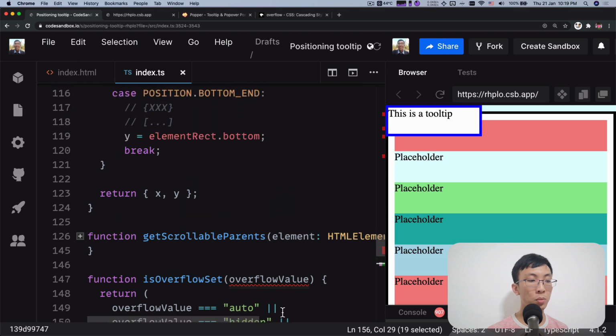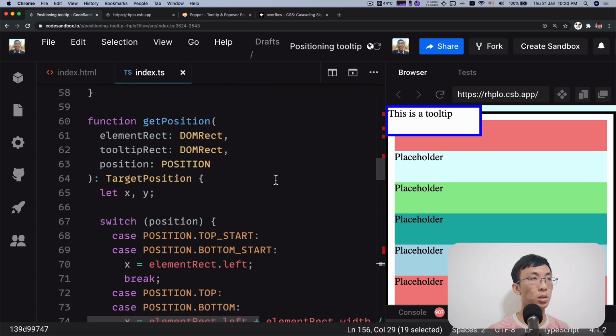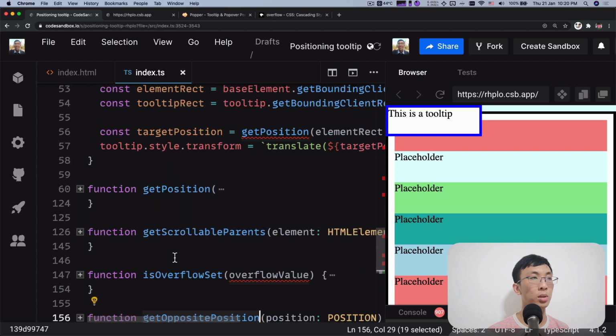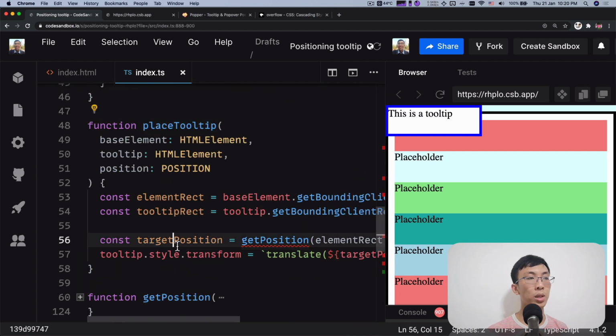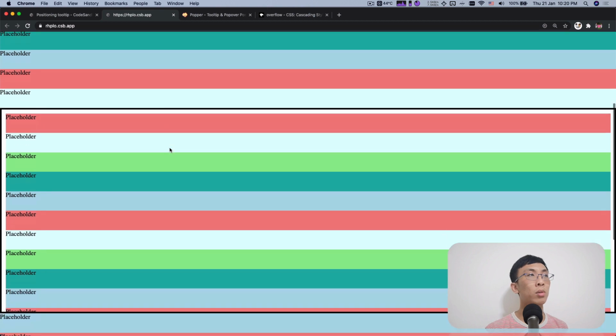So let's see, we need to determine when we are going to flip to the opposite position, right? So okay, let's come over here, get positions, collapse it. Okay, get opposite. So when we place our tooltip, we have our target position, right? And then based on this target position, we also need to know whether we need to flip it. So what do I mean? When do we know when we should flip it? Then we actually have to look at each of the scroll containers, right? In this case,